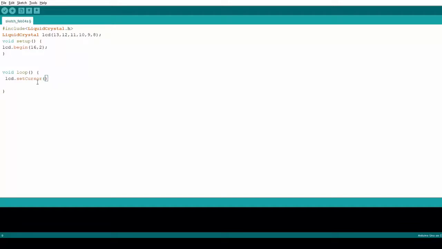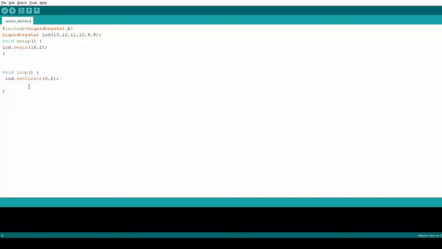Here I am writing 0, 2. The lcd.setCursor function gives the position on the LCD display: rows and columns, 0th column, second row.